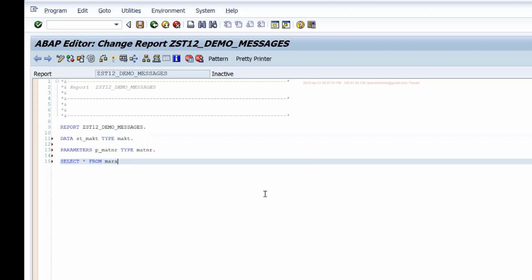If you're writing the code for validation only, you can check against the master table. But if you're writing a select statement and want to check whether that select was successful, you can write your condition after the select. And if it is not successful and you want to show a message, you can write the code to display the message. So I'll use MAKT in this example.